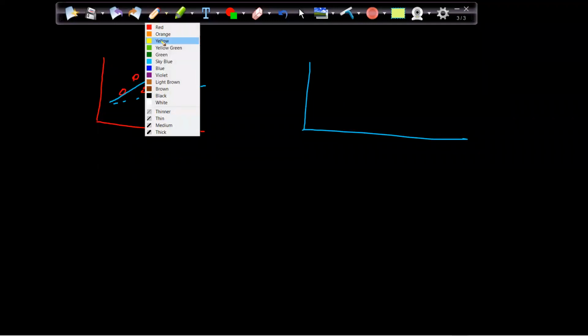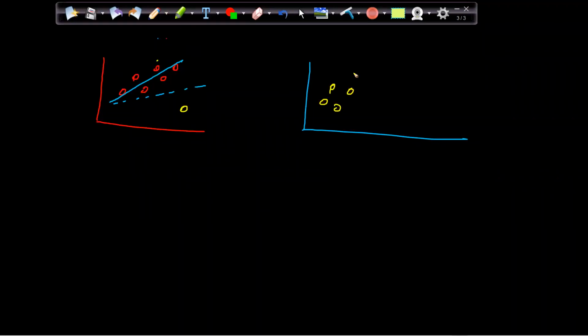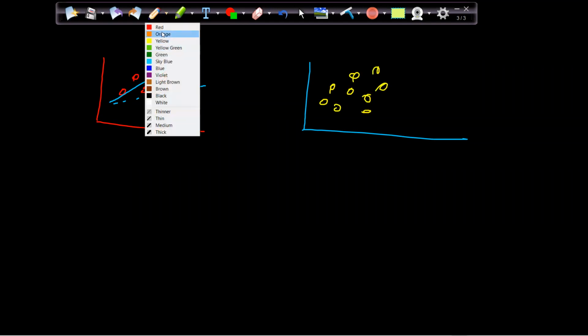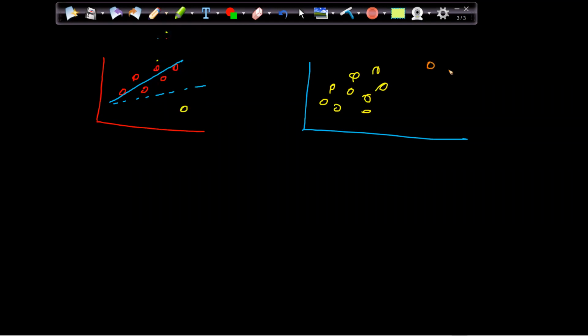We normally remove the outlier so that the line I am creating will not be tilted because of the outlier, right? That is fine. But think about K nearest neighbor. Are we creating any line, like a linear line? You will say yes, that is what you call the decision surface, right?